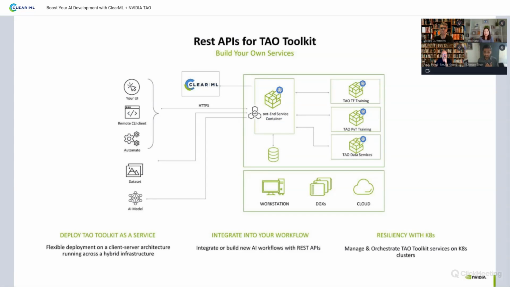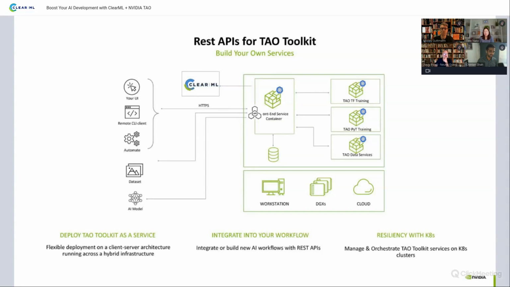In this case, you can have this in a Kubernetes cluster and integrate your own workflow. I can imagine you can build your own UI on top of TAO. So TAO could be running in a remote cloud, in a remote workstation, and you use your UI or a remote application.